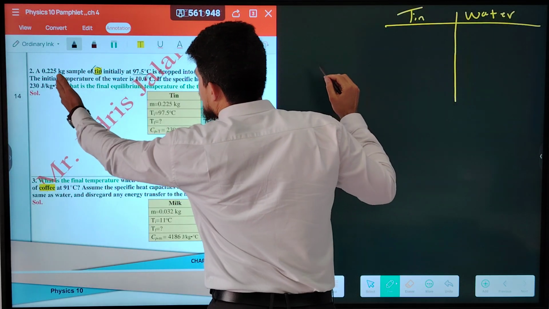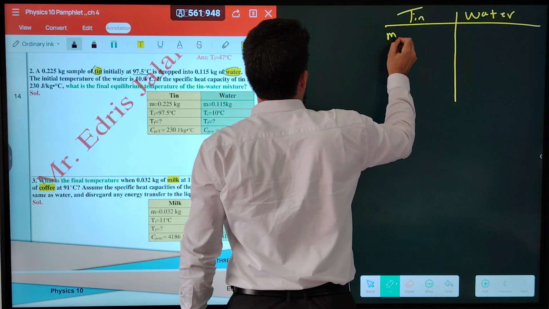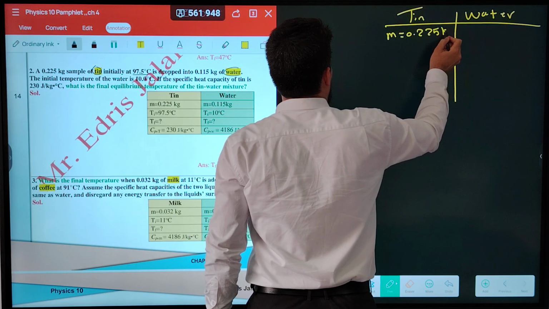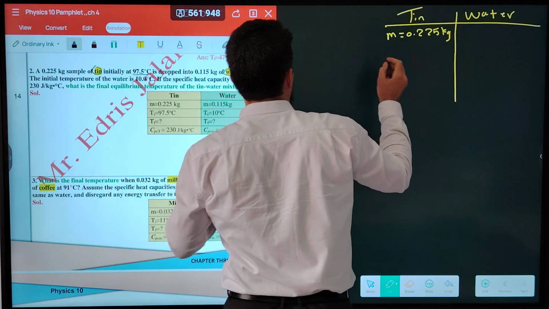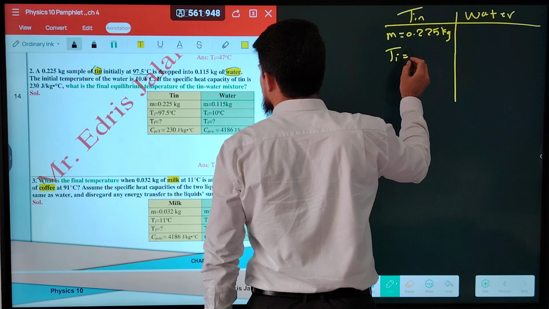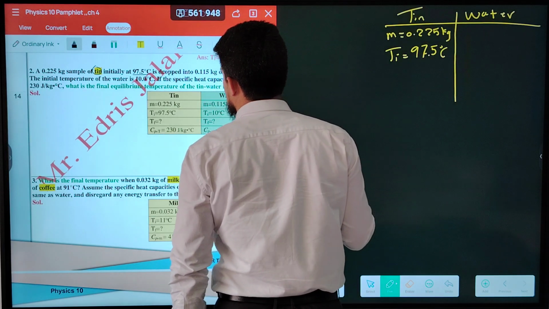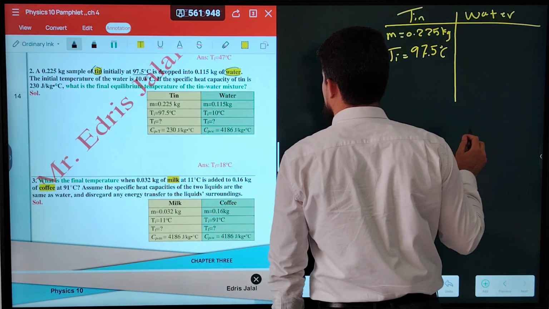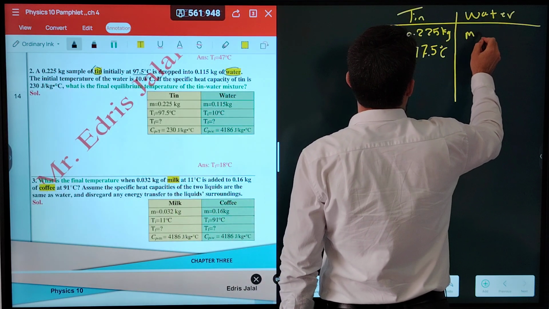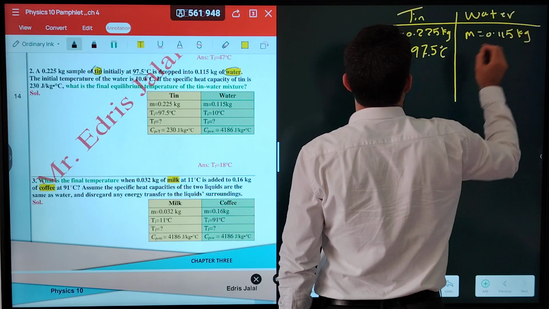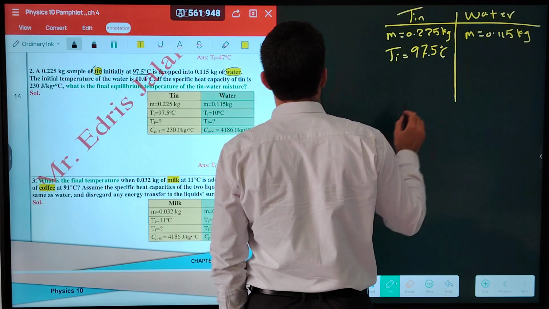The information of the tin given in the question: mass 0.225 kilogram. Initial temperature of tin is equal to 97.5 Celsius, is dropped into 0.115 kilogram of water. Mass of water 0.115 kilogram at initial temperature